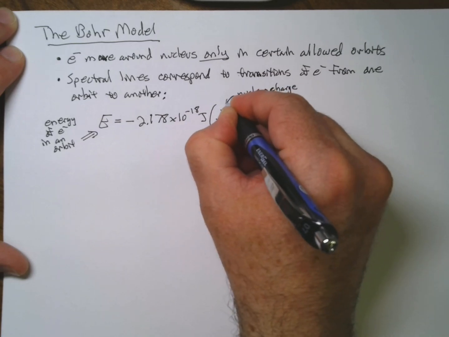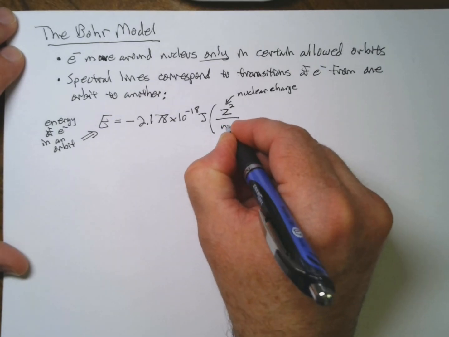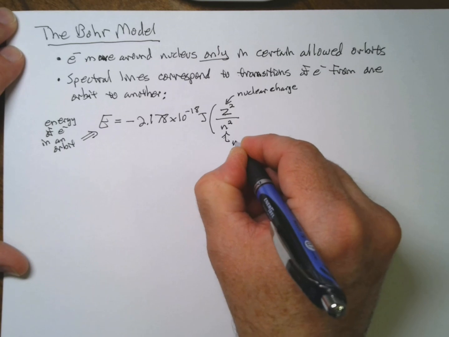So for hydrogen, it would be 1 squared. For helium, it would be 2 squared, or 4. And that's divided by n squared, where n is an integer,